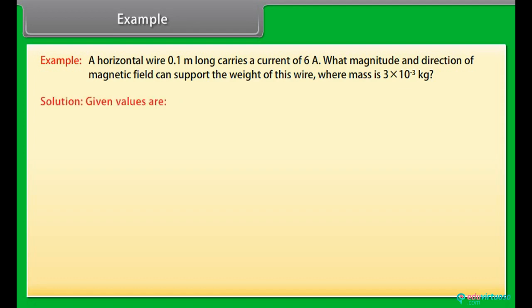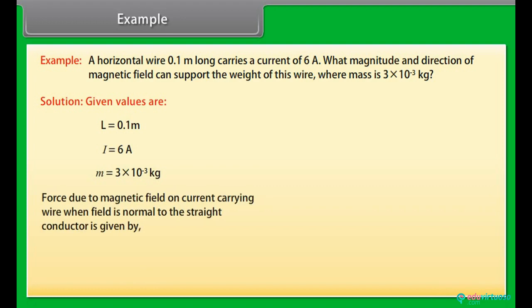Let's see the solution. Here, the given values are L is equal to 0.1 meters, I is equal to 6 amperes, m is equal to 3 into 10 raised to the power minus 3 kilogram. Force due to magnetic field on current-carrying wire when the field is normal to the straight conductor is equal to BIL. Weight of wire is given by mg. On comparing these two equations, we get